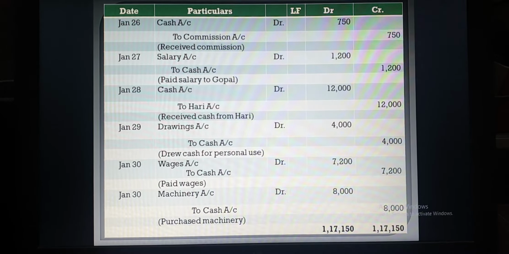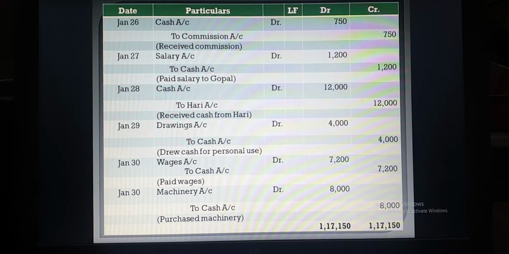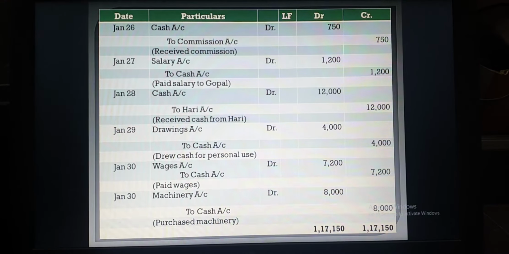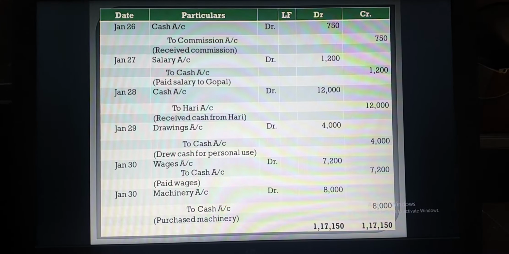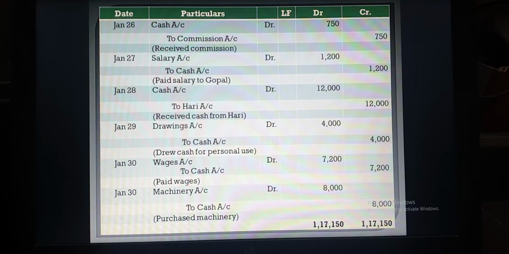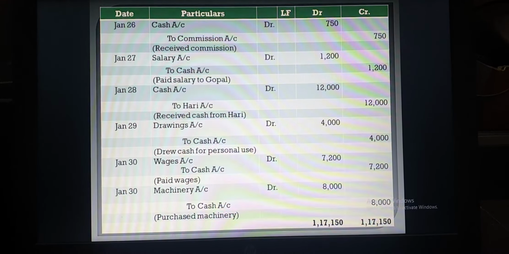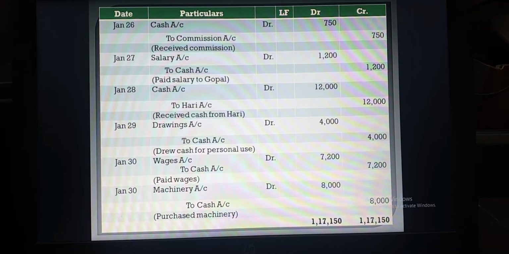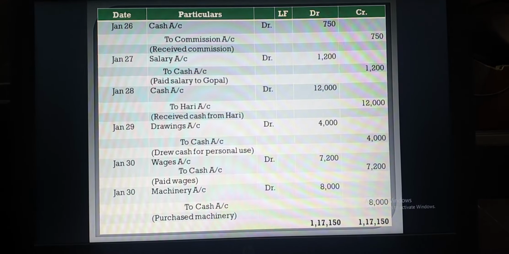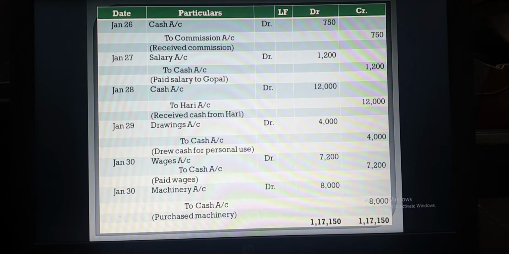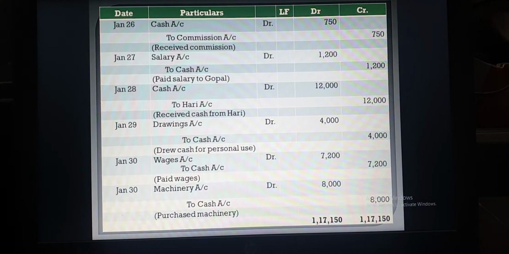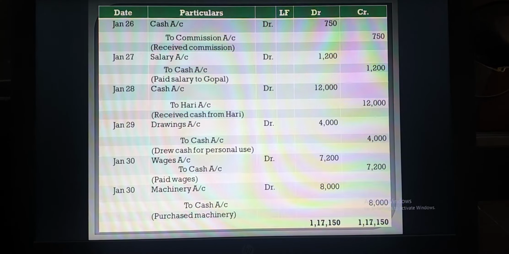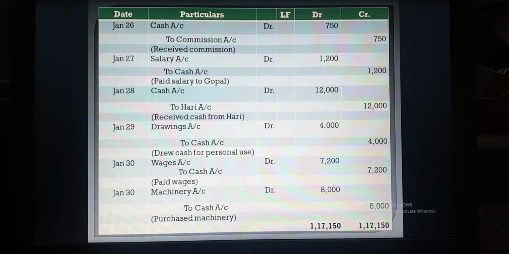One more thing I am revising here again, that purchase is always debited because it is an expense and loss. Sales is always credited because it is an income and gain. Whenever cash is coming into the business, it will be debited, and whenever cash is going out of the business, it will be credited. If the giver name is given in the question, then it will be credited, and if the receiver name is given in the question, then it will be debited. So this is all about the general entry with the help of illustration.